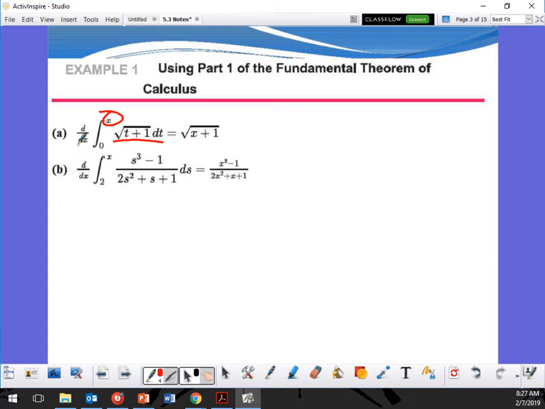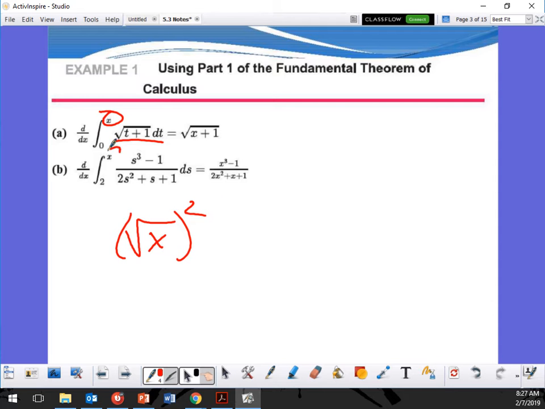So 1 equals 1, right? Oh yeah, so we're canceling out. Okay, so watch this. If I have the square root of x squared, it's going to be x. Why? The square root and the square cancel out, one cancels out the other. So the derivative and the antiderivative together should cancel each other out. Okay.